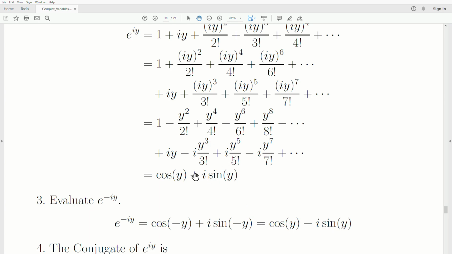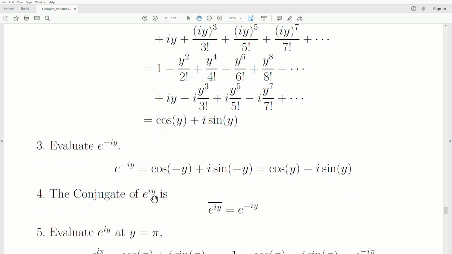Now notice that they're very similar except for this symbol. It's plus here and a minus here. Well, that's what a complex conjugate is when you change the sign of the imaginary component. So that means the complex conjugate of e to the iy is e to the minus iy, right? The complex conjugate is minus iy. Now,